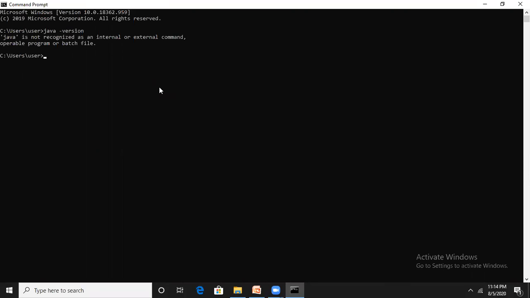One message is there in the command prompt: Java is not recognized as an internal or external command. It means Java is not working, though we have installed it and seen the folder also. So how to make this Java workable or usable?